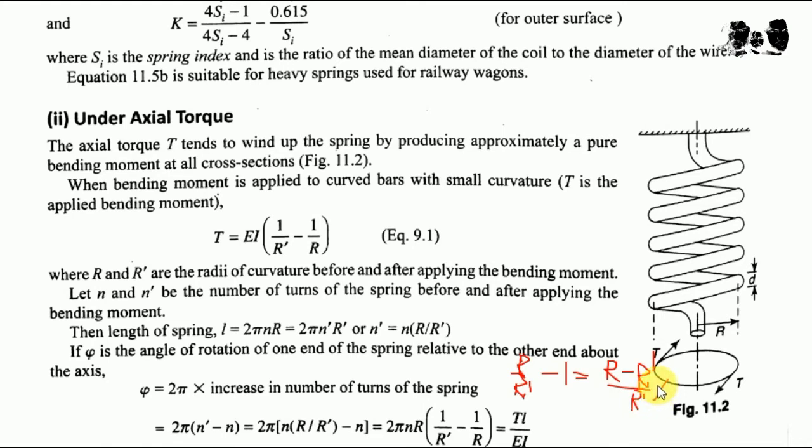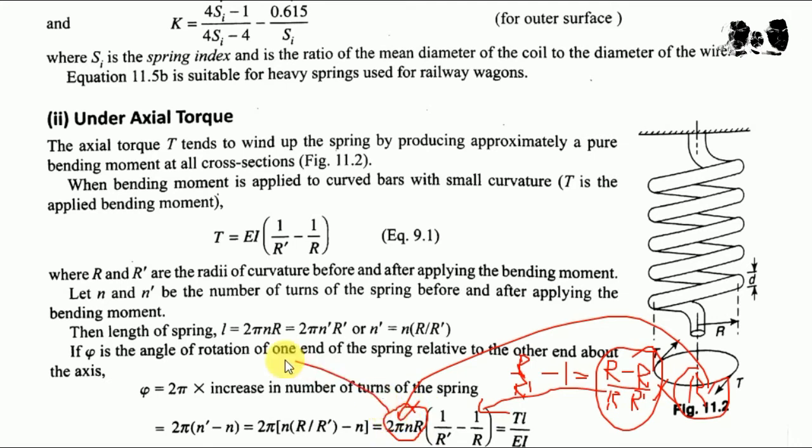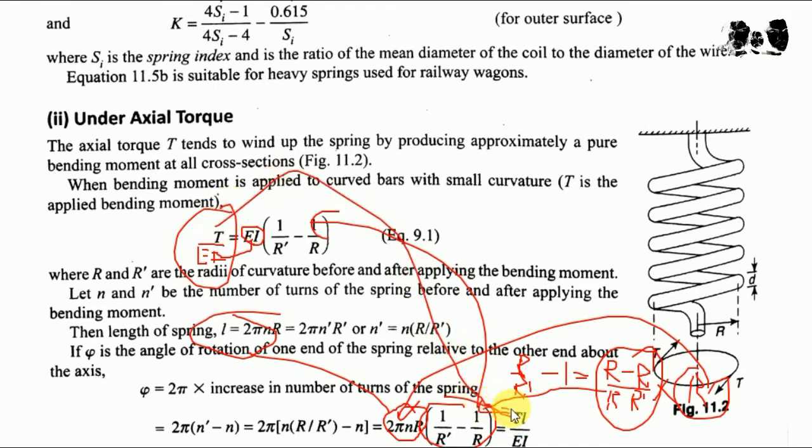By multiplying r inside and r in the denominator, this form is converted into this form, and we have an extra r value multiplied here. We already know that 2 pi n r is L, the length of the spring wire, and this part, 1 upon r dash minus 1 upon r, can be found from this equation by dividing T by EI. By placing this value T upon EI here, the formula becomes TL upon EI. This is the fundamental formula for the change in angle of rotation due to torque T applied in a closed coil